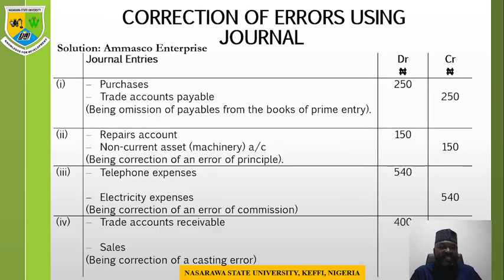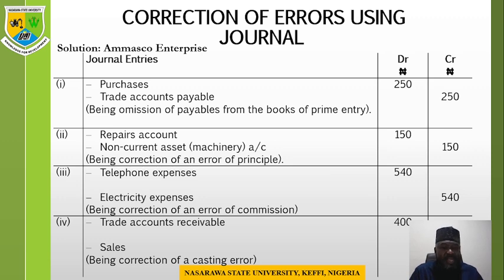So let's confirm that yes, telephone expenses is receiving, we debit. Electricity should give out, we credit. This kind of error is error of commission. Reason being that for error of commission, we say it is an error that is committed in a wrong account within the same classification. Both telephone expenses and electricity expenses fall within the nominal account classification, and this is a perfect case of